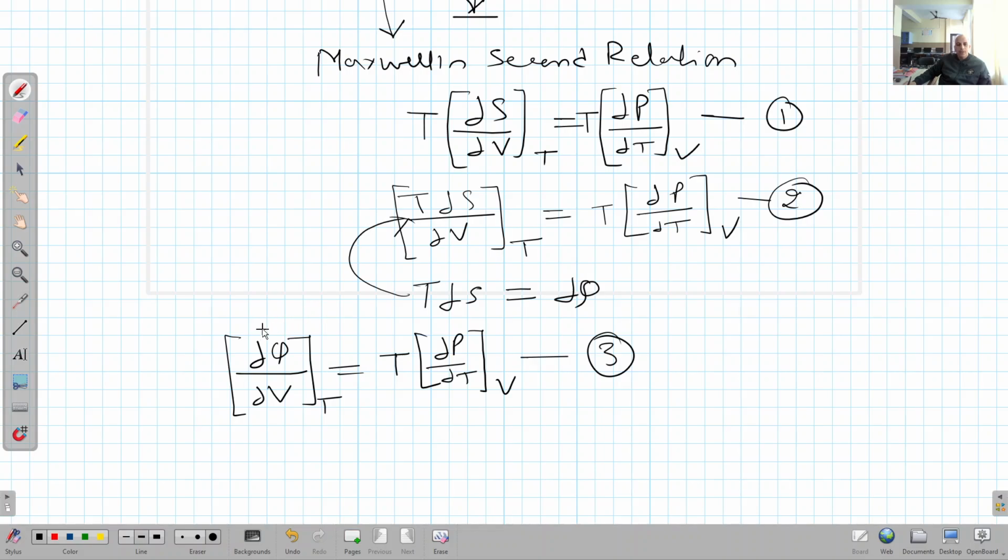Now look at equation number 3, right? In the left hand side of this equation, we can see this